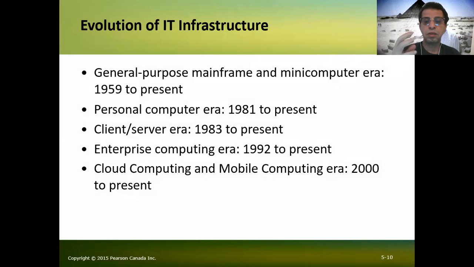You know, we saw some videos in the 70s of how IBM was so proud to have a 3GB processor for their big mainframe. So in general, the purpose of the evolution of IT infrastructure is general purpose. It was the mainframe and minicomputer era, which started in 1959. In the 70s, we also had these things, even up to the 80s and early 90s,